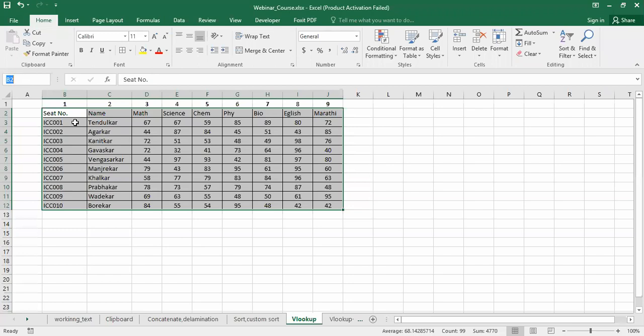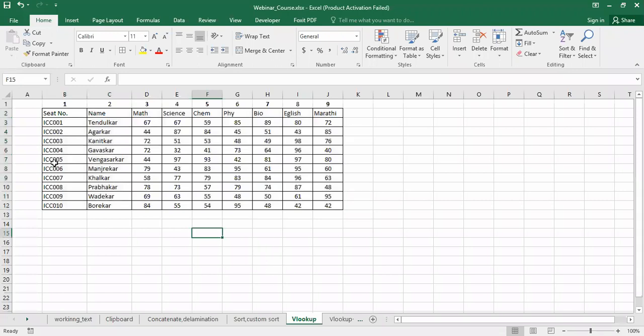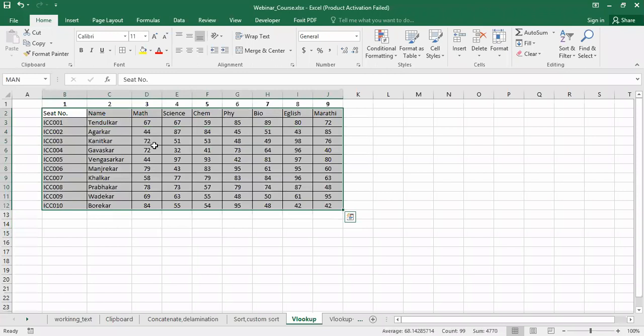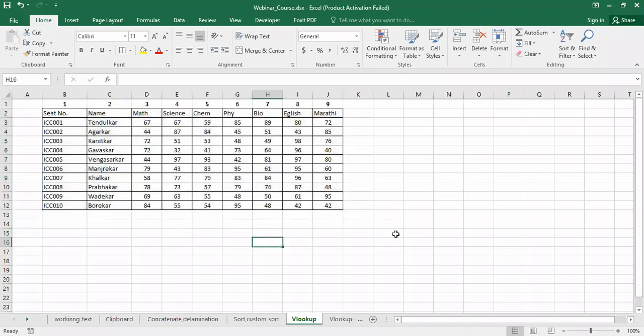Let us say I will put here MAN. This is the initial of my name, so MAN, and when I press enter, this database is now the MAN database. So let us say when I write here MAN, we can see this database will be selected. Now I will make use of this VLOOKUP.